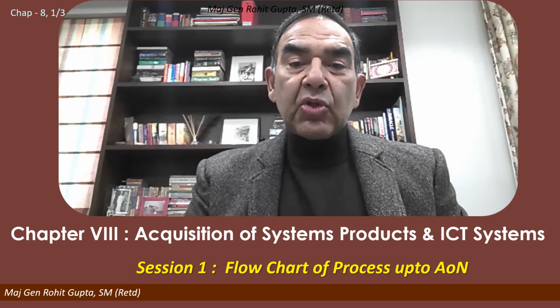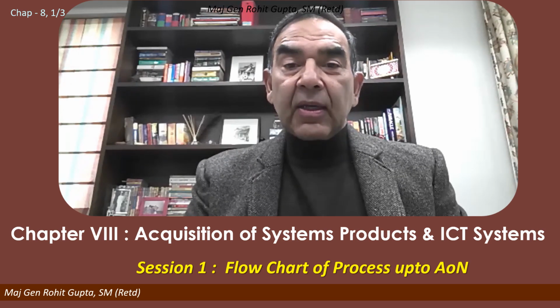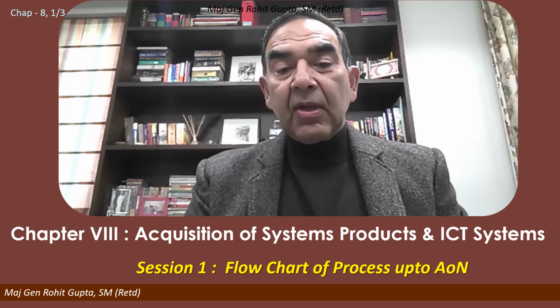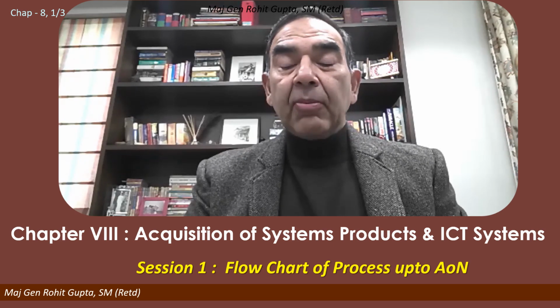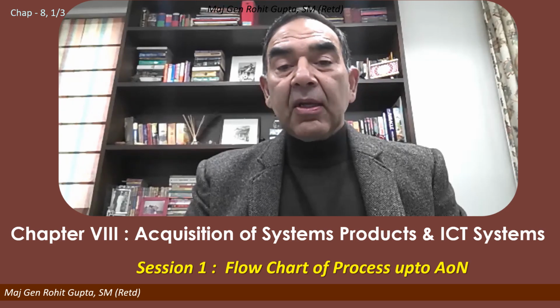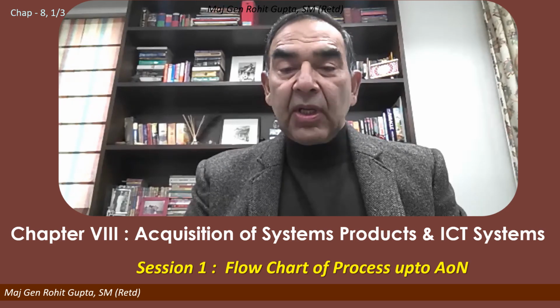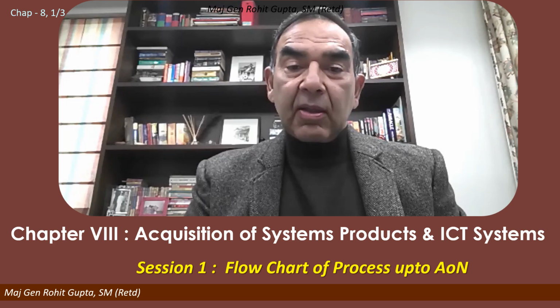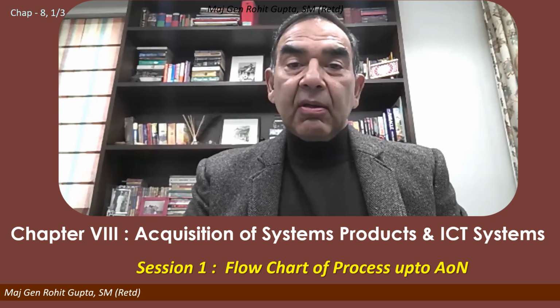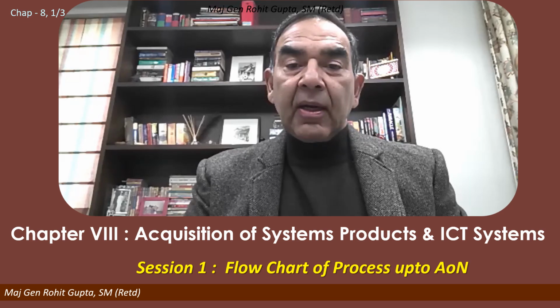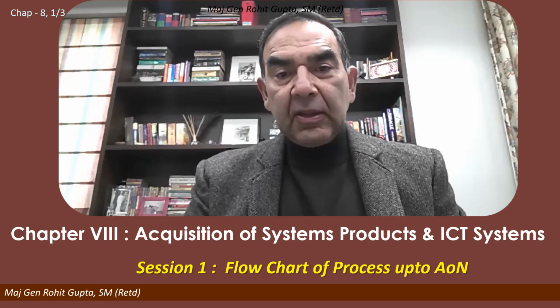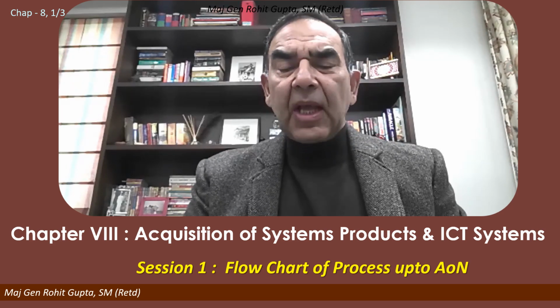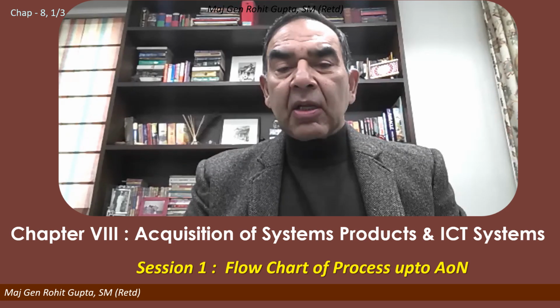Now we come to chapter 8, which I also consider an important chapter, which actually shows the way ahead of getting out of the problem of the contract being given to the L1 bidder, which may not be able to provide the best product. This chapter lends itself to providing a possibility of going for a higher technical product rather than the lowest price product. There are problems, and the problems are put simply in a small sentence.